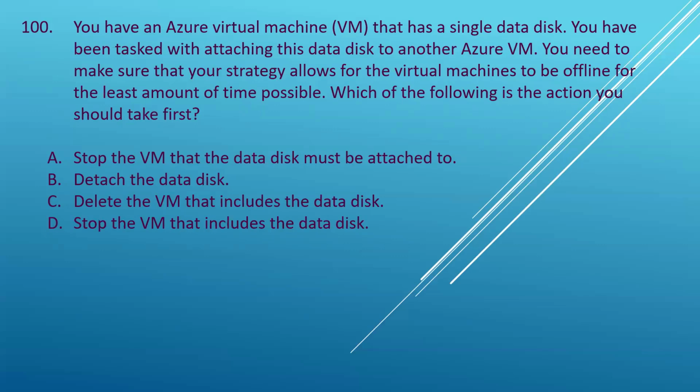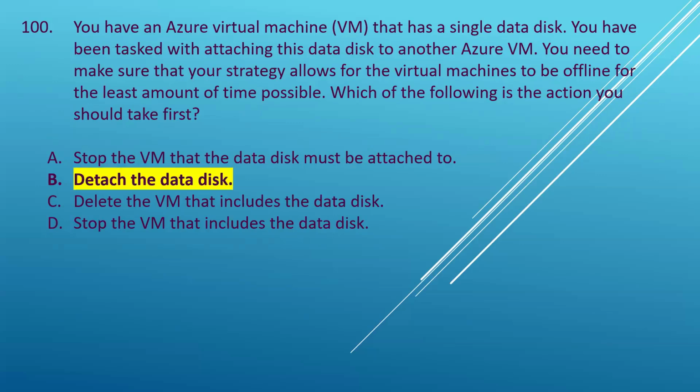Your options are stop the VM that the data disk must be attached to, detach the data disk, delete the VM that includes the data disk, stop the VM that includes the data disk. A VM in Azure always has its own OS disk. A single data disk means that it is using an additional disk configured to store data. So basically it has 2 disks and it won't cause any problem to detach the data disk and then reattach it to another VM. So the correct answer is option B,